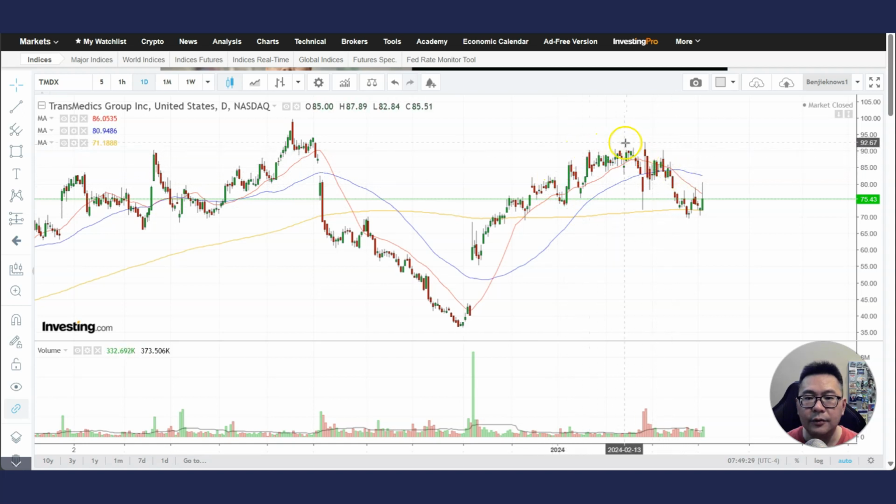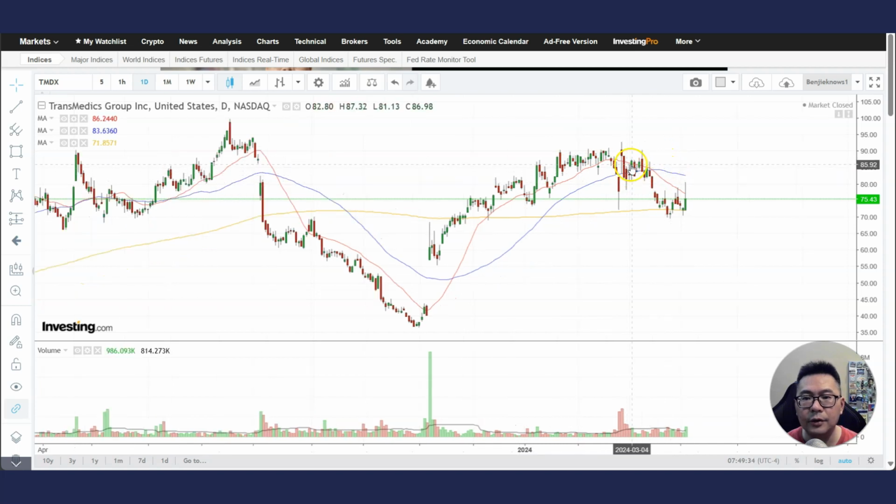Usually there's something that I do not like, and after that it dropped below the 20 MA and 50 MA, and now it has a bearish cross and drop. So whenever a stock has this, it is a bearish cross. This is also a bearish cross. When the stock has a bearish cross, they can sometimes be devastatingly bad for the stock. As you can see here, the stock declined,